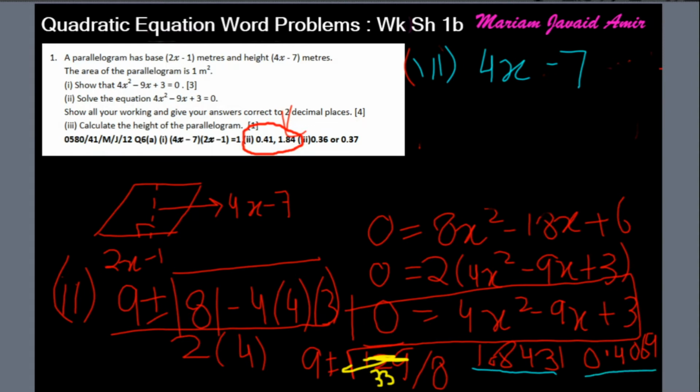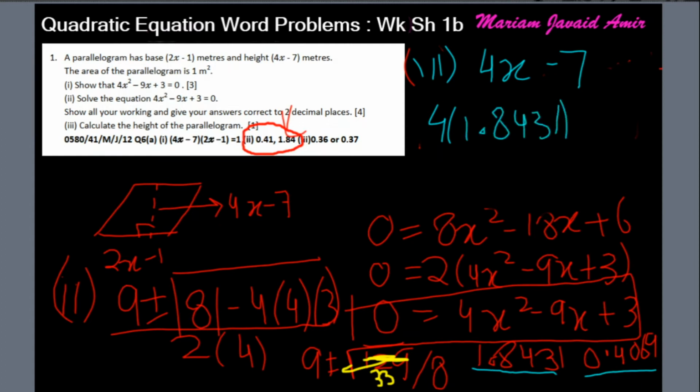We will be selecting such a value which will give us a positive height. So if in case you take 4 times 0.4069 minus 7, you'll get a negative answer. So we'll be discarding this value 0.4069 for the third part,